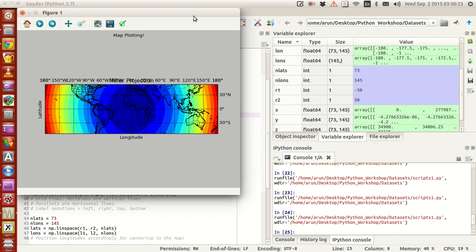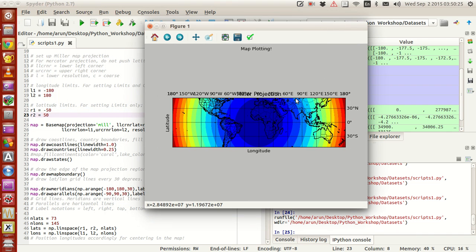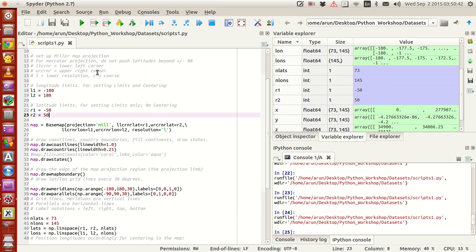Okay, you see all the regions above 50 and below minus 50, they are removed. This way you are able to adjust the length of the map or the region of interest as per your choice. Suppose I want to concentrate only on a small country, say something like, let's say, since I am